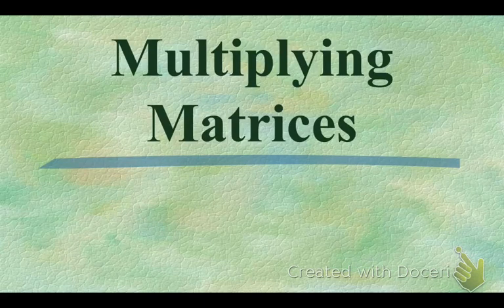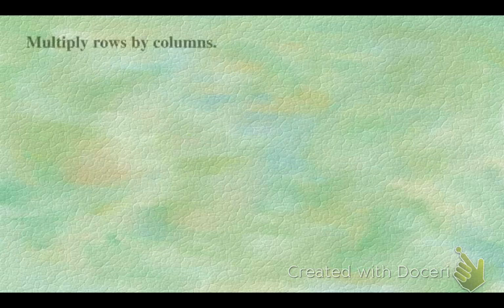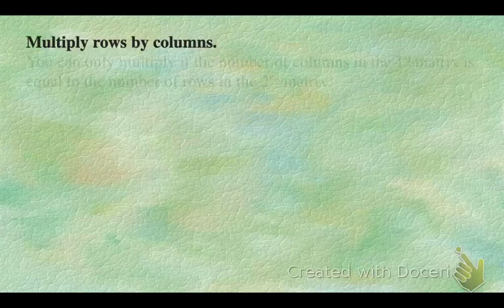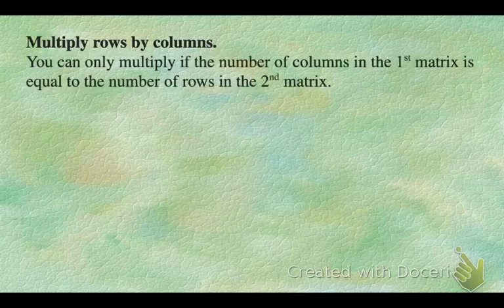So matrix multiplication is a little bit different than matrix addition or even just regular multiplication, even though we use multiplying of integers here when we look at multiplying with matrices. Because a matrix is an array of numbers, when we multiply matrices together, we're going to multiply rows by columns. So there's a rule that we have to follow: you can only multiply two matrices together